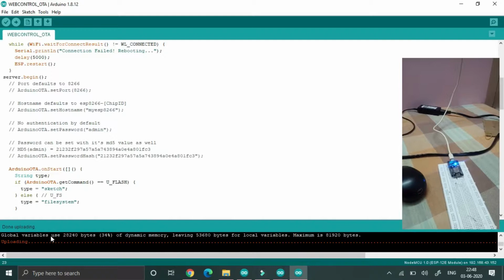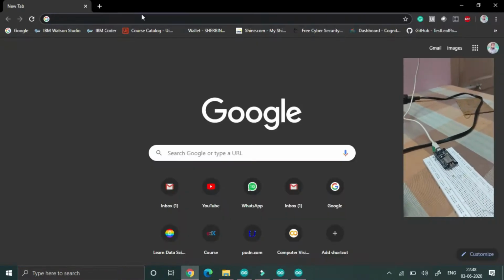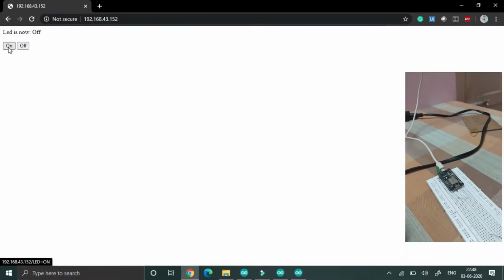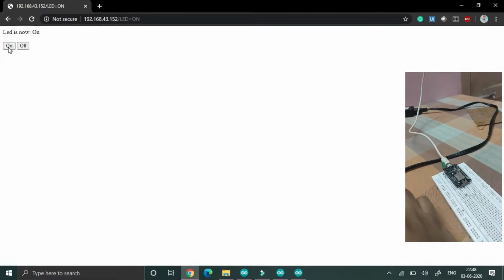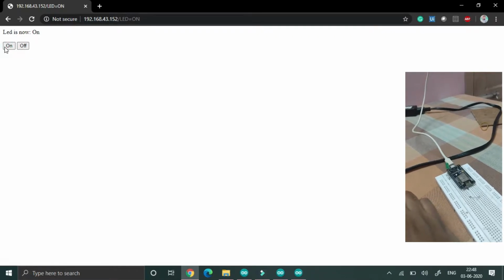So now it's uploaded wirelessly. You already know that IP address, so just type that IP address in the search space and you will get this page. If I press on, the LED will glow, and if I press off, the LED will be off. So this is how this process works.